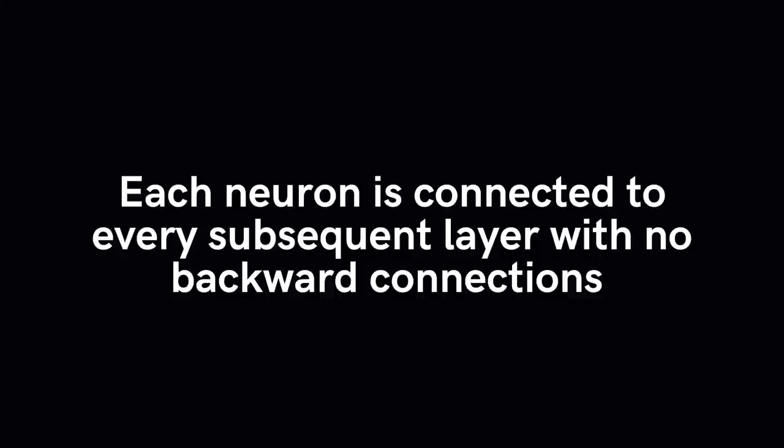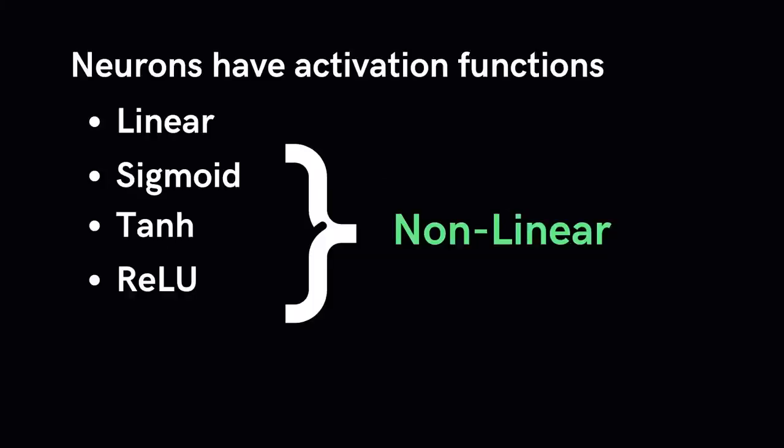As I mentioned previously, each neuron in a neural network contains an activation function that changes the output of a neuron when given its input. There are several types of activation functions that can change this input to output relationship to make a neuron behave in a variety of ways.